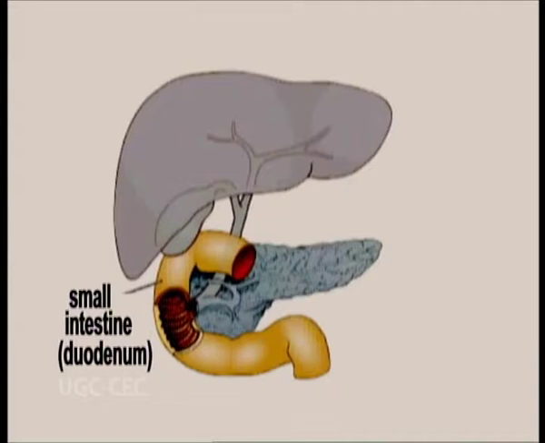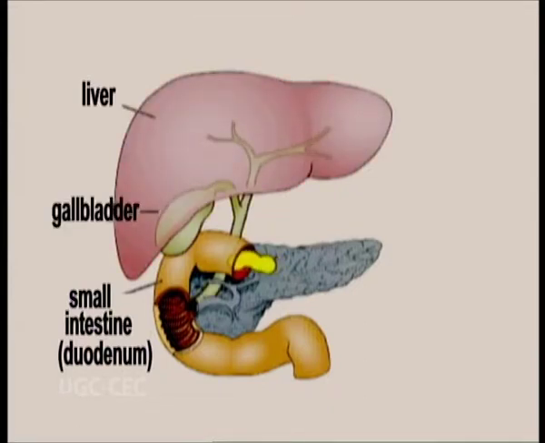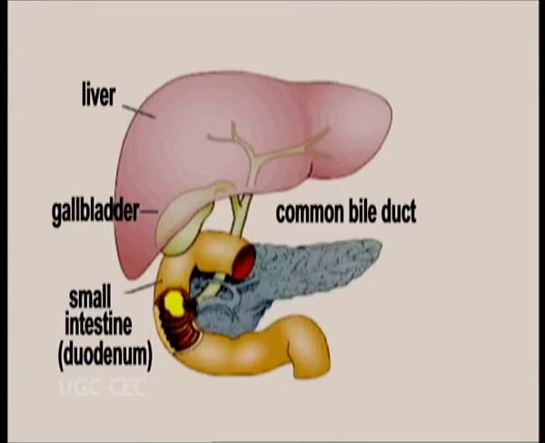Digestion requires many specialized enzymes as well as other secretions. The liver synthesizes bile, which aids in digesting lipids. When the chyme enters the duodenum, a hormonal signal causes the walls of the gallbladder to contract rhythmically, squeezing the bile into the common bile duct and down to the duodenum.